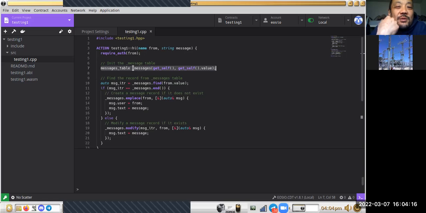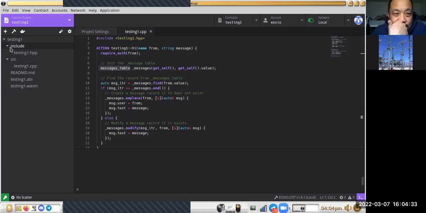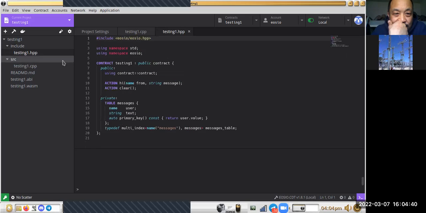So do tables always have underscores? Is that the convention? No, that's just what they did here. How do you know what this table name is? Well, the way you would know that is you go to the include, you go to your testing.hpp, and it has a struct. So this struct